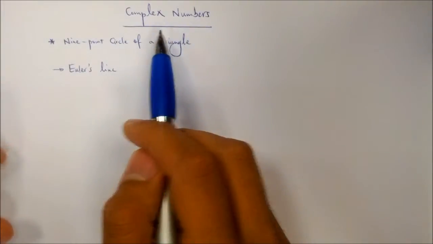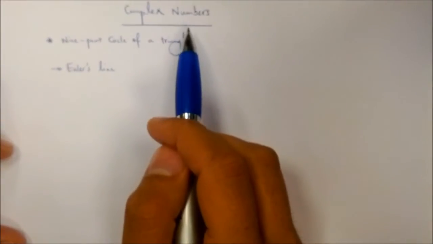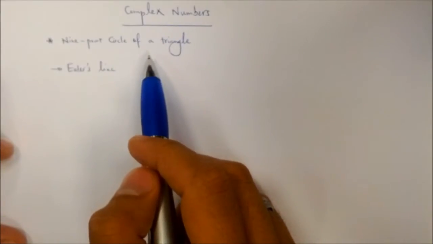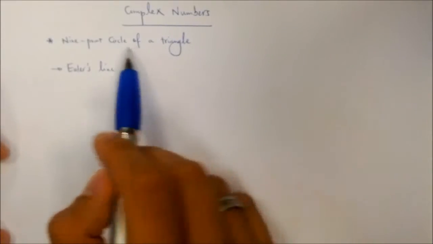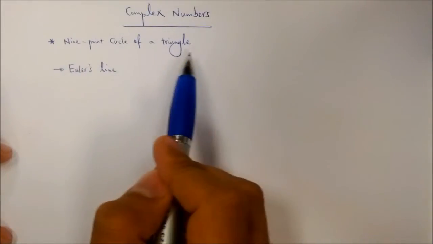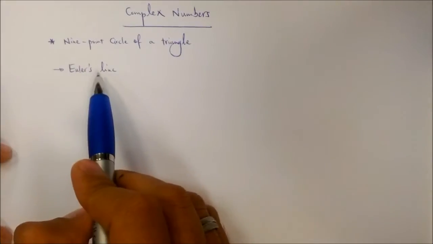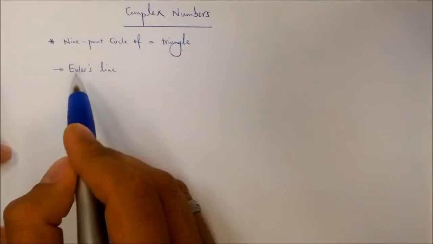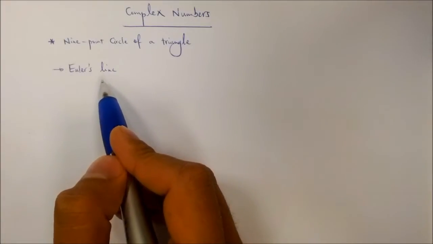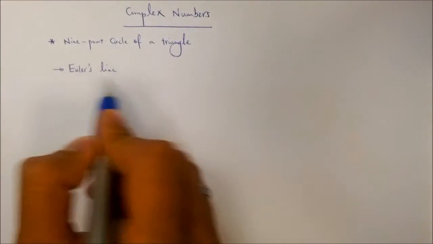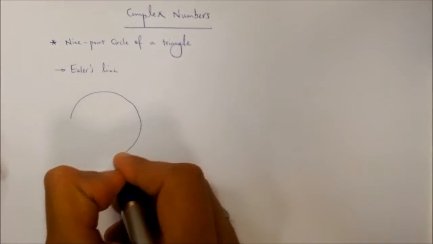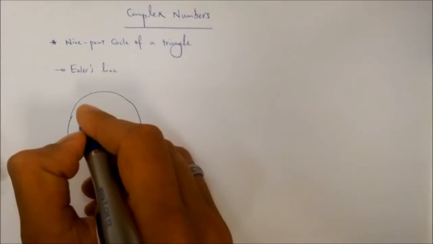So another interesting application of the theory of complex numbers in plane geometry is the 9-point circle of any triangle. Before introducing the main problem, I'll give you a theorem, in fact the concept of the Euler's line of any triangle. So what's the Euler's line? In fact, if we consider any triangle ABC